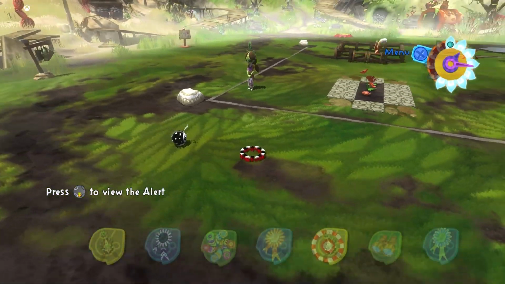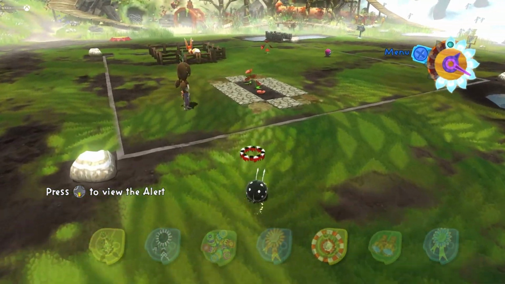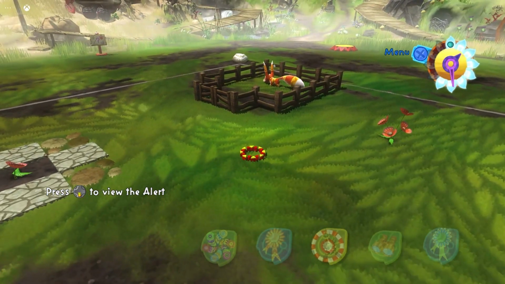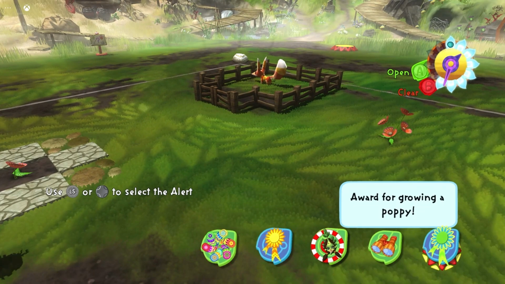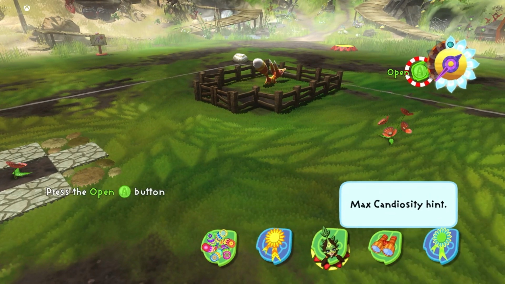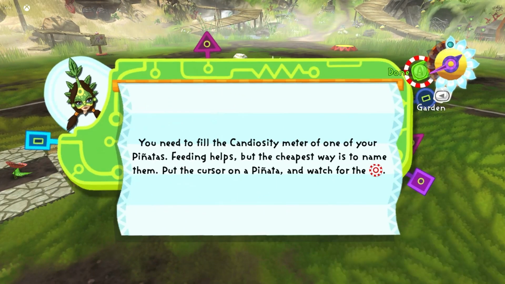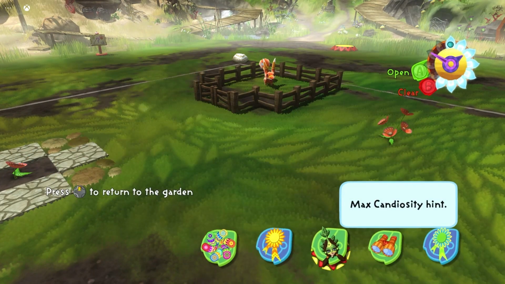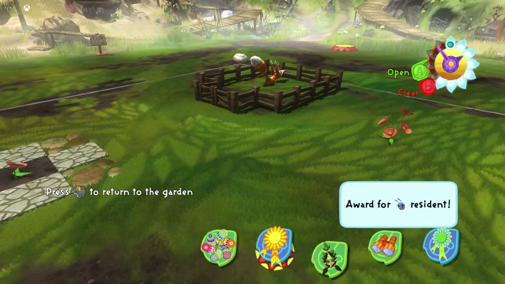So this biscotti will probably join us well. There's no reason she wouldn't hang around. Which means hopefully we'll be able to... oh, I've got an alert. So I've got a water for growing a poppy, serpent... Ah. You need to fill the candiosity meter of one of your pinatas. Oh, right, okay, yeah. Okay, so we need to go find...